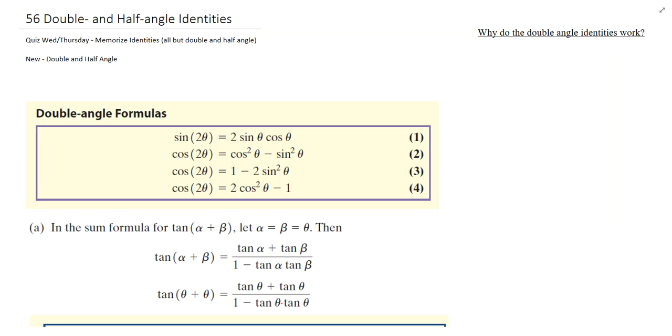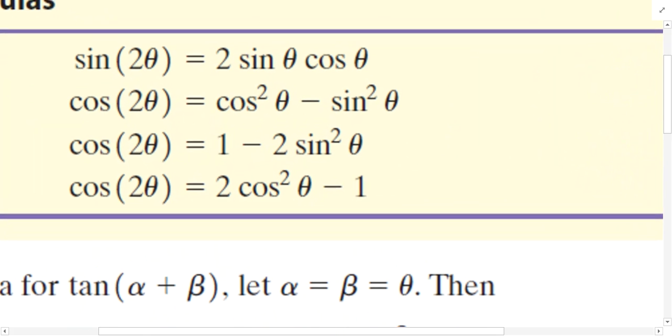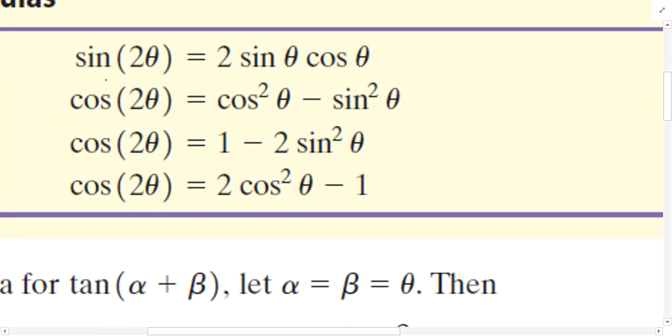Okay, here we go with the double and half angle identities. This is going to be the last group of identities that we cover in this section of the class. And before we utilize these, I'd like to just quickly establish each of these rules. Now we do have what we call a double angle identity for sine that's provided to us here in